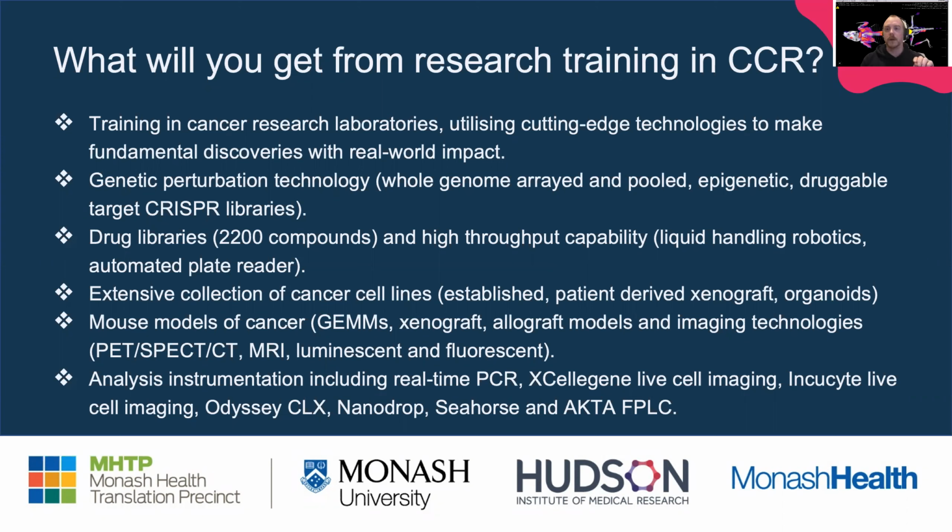We have very extensive access to CRISPR libraries, also to drug libraries, and high throughput capacity to be able to use both those screening technologies to really complement one another to identify new therapies and new targets. We also take a lot of advantage of mouse models and also patient-derived material, so both in terms of organoids and also in terms of sophisticated imaging modalities to look at the tumour development within mice. And so that can be as simple as luminescent and fluorescent readouts, but also using really clinically applicable readouts like MRI, PET, CT, and I've got a PET CT scan of a lung cancer-bearing mouse behind me here